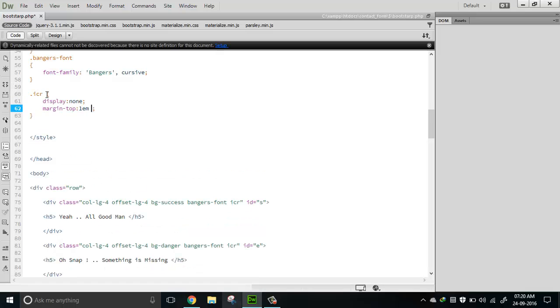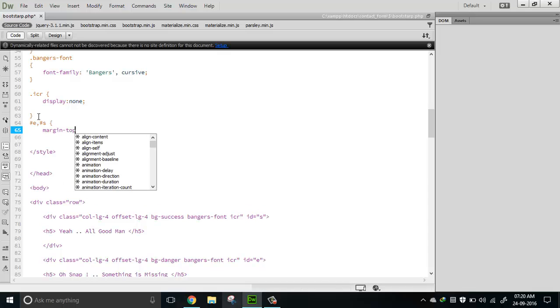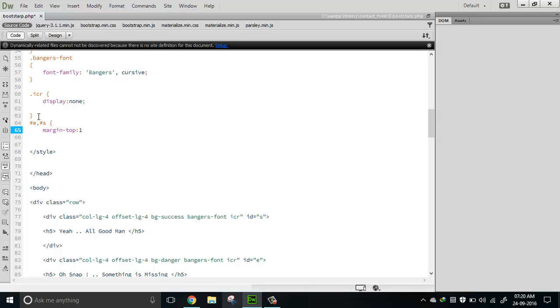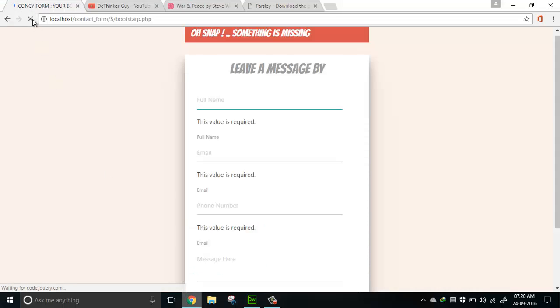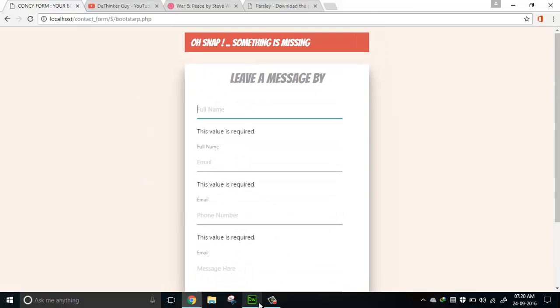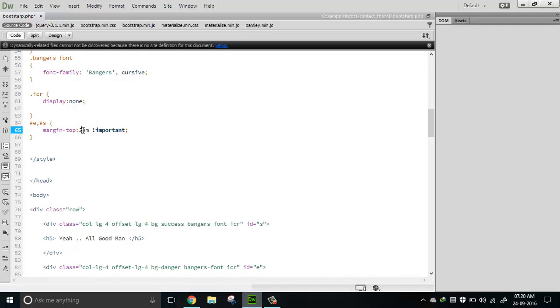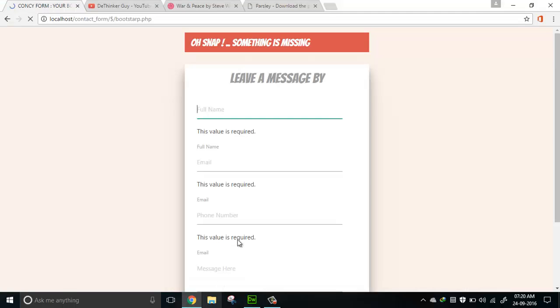let me just undo it. Yeah, now I'm going to put that as margin top. Now I'm going to define it as 1em and important. Now it's going to work for sure. Yeah, there's a 1em spacing given there. If you still want more, you can just decrease it to 2em or increase it to 2em, and you have to decrease this one here to 1em. So I just reload that,